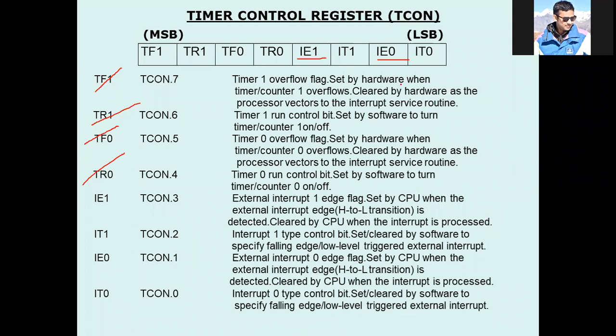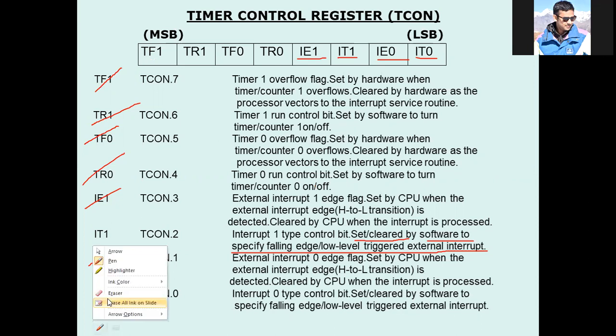And the last one, that is IT1 and IT0. So this is also done. IT1 is the interrupt 1 type control bit. It is set or cleared by the software to specify falling edge or low level triggered external interrupt. That means this particular bit can be set by software, not only this bit, because whatever we have seen, that TF1,